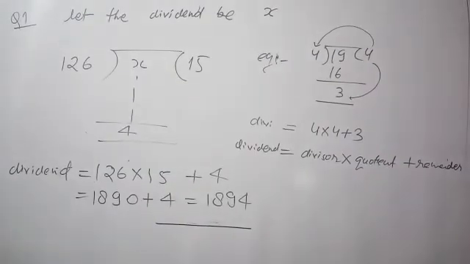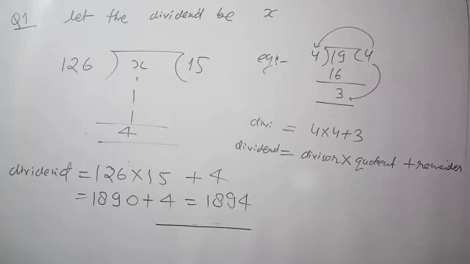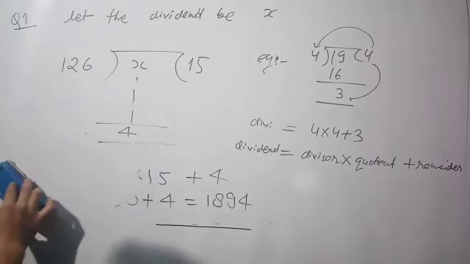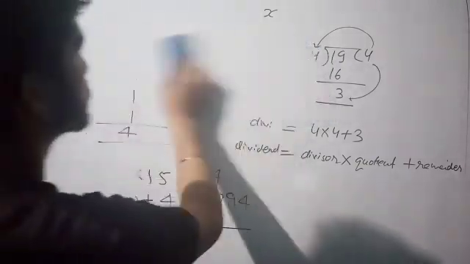Fifth part, if a whole number is divided by another whole number which is greater than the first one, the quotient is not equal to 0. So why would it be 0? It will never be 0. If 0 is divided by a whole number, then only our quotient is 0. Otherwise the quotient is a fraction, or you can say it is not a defined number.